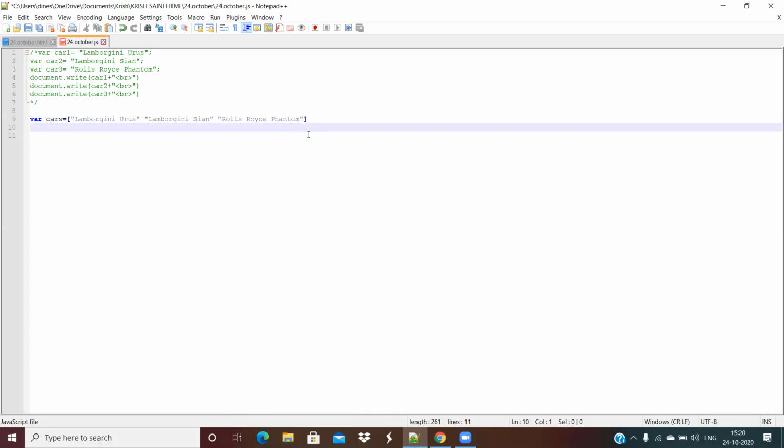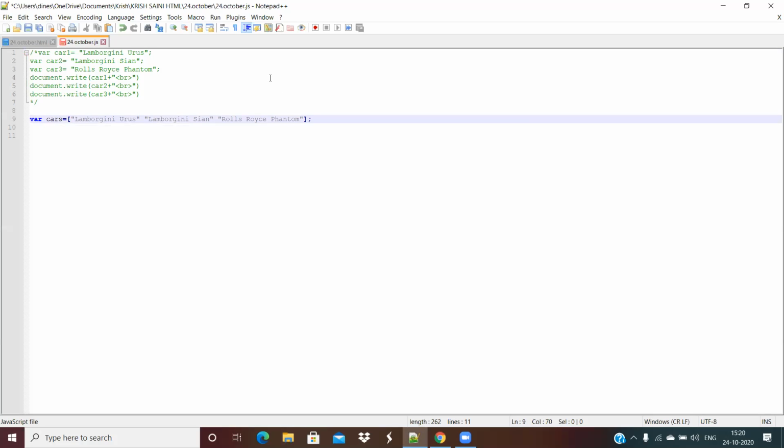Put a semicolon. Done. Put a semicolon over there. Then we have to print this. Create one more array by the name colors. There we will have three different colors defined.